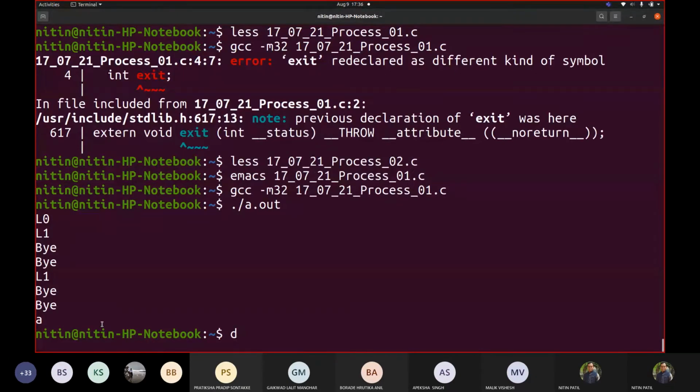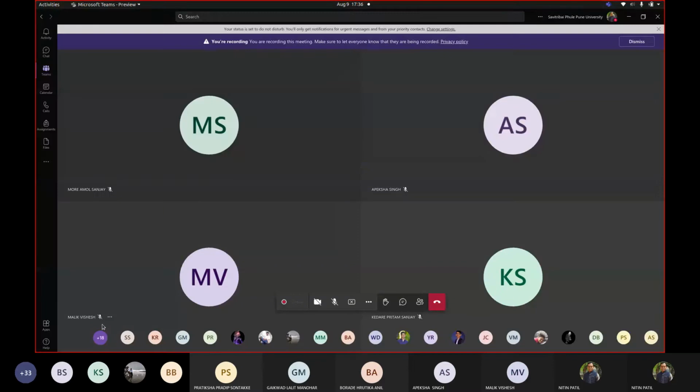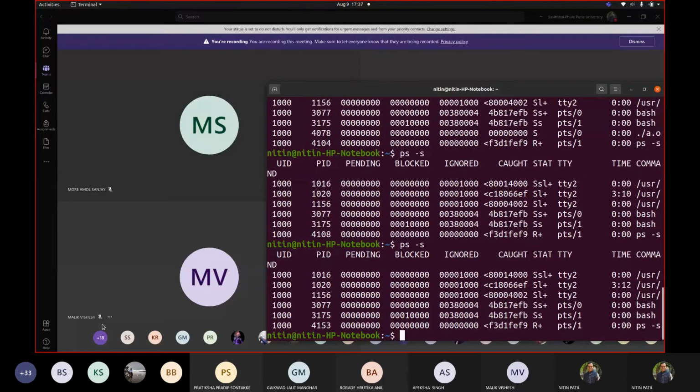If I go to the other terminal, you will see that my files are gone. Whatever a.out was there, which was in sleep mode, because the status is changing. The state of each process is changing depending upon the input.